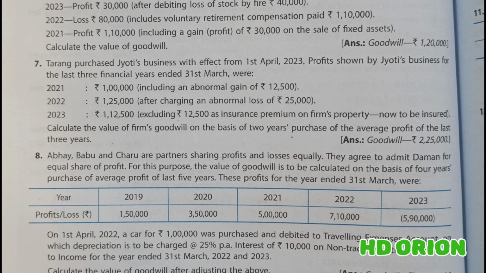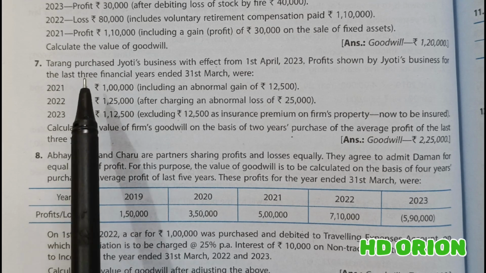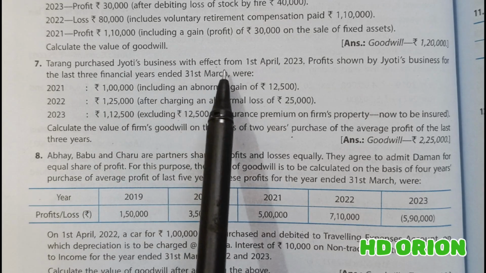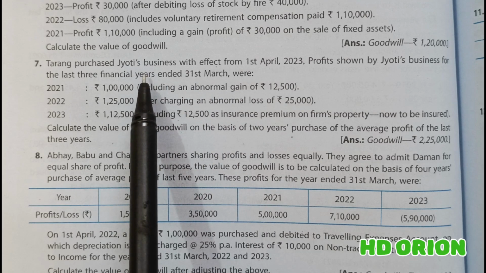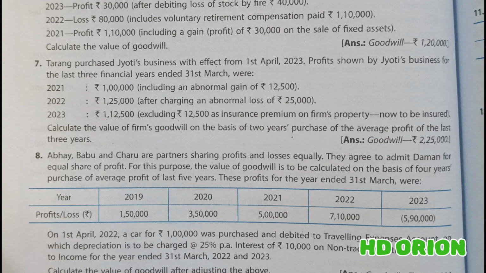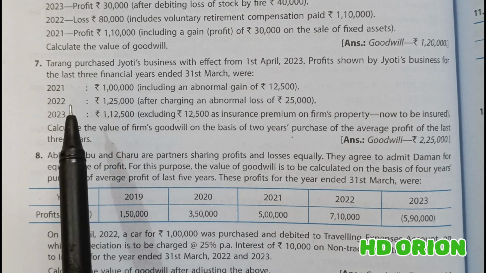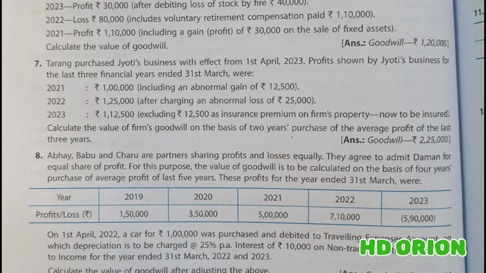Now let us see question number 7. Tarang purchased Jyoti's business with effect from 1st April 2023. Now when there is transfer of ownership in business, that is also a time when goodwill is to be calculated. Here one business is sold to another person. So in order to assess the correct purchase consideration of the business, goodwill being an asset has to be calculated,